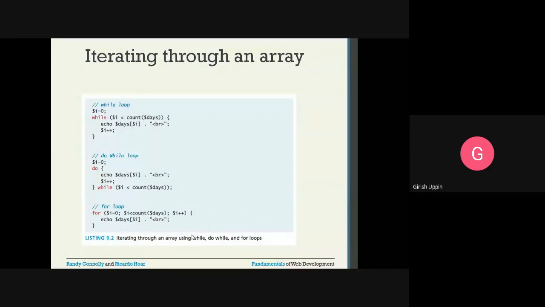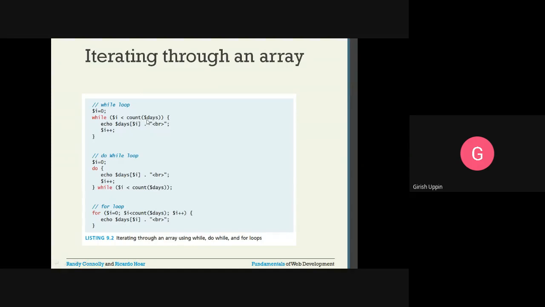Iterating through an array. To iterate through an array, we can use any kind of loop: a while loop, a do while loop, or a for loop. If you use the while loop, $i is equal to 0, while $i is less than count, which is a function that I can call on the array.